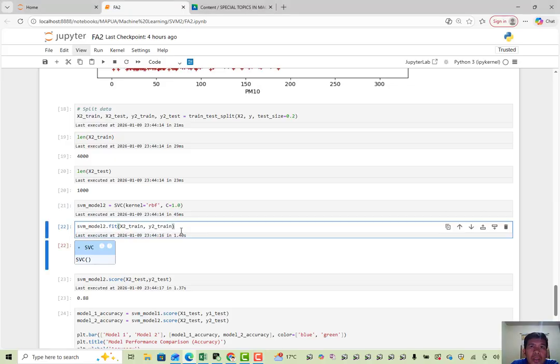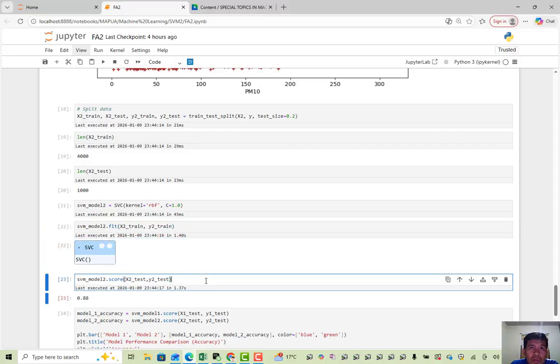Then I trained model 2 using the training data, then computed the accuracy of model 2.